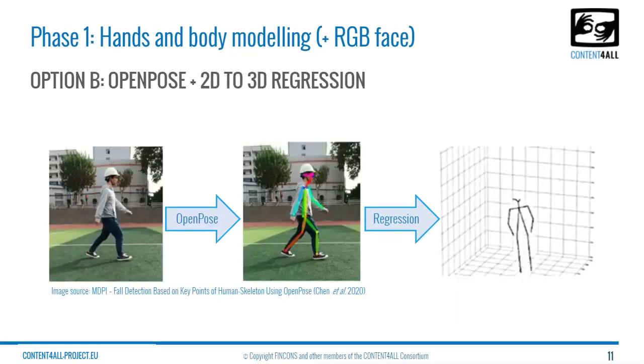And the other technology we are working on is purely video-based, and for this we don't need the Microsoft Kinect, but only the professional SDI camera. This is a two-step process. In the first step, we employ an algorithm for extracting the person's skeleton information for the body and for the hands from the video, employing the well-known OpenPose algorithm. Then, with another deep learning algorithm called regression, we turn that 2D information into three-dimensional parameters, which are able to animate the virtual human.